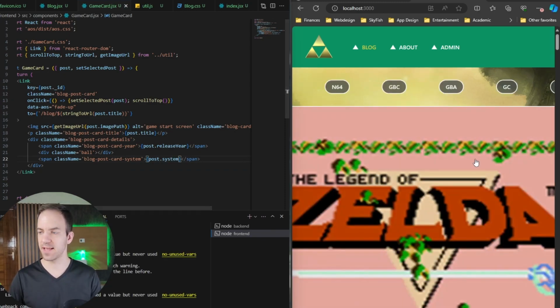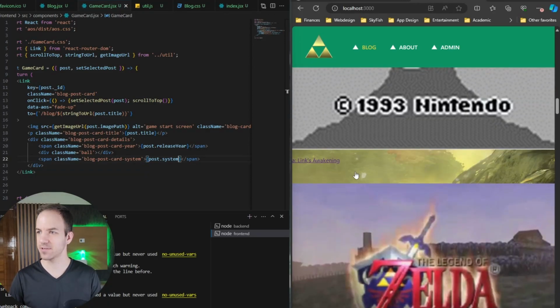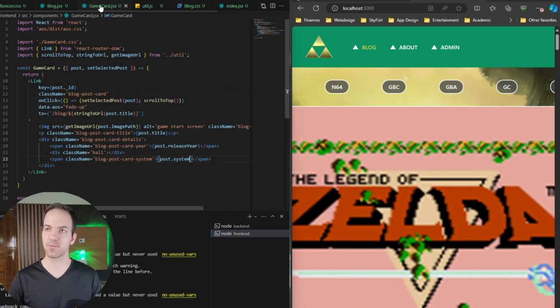So now if I save that, you can see we actually have quite a bit showing up here, but it's not very useful. It's way too big. We can't see any of that. We need to style this. So let's come into, let's see, we have GameCard.jsx. Let's come into